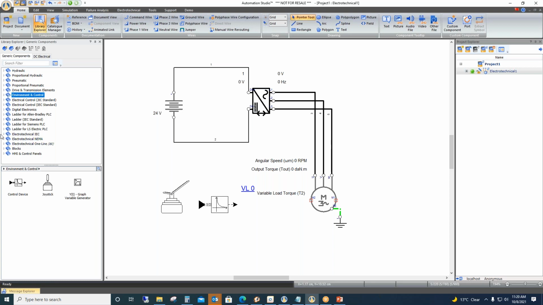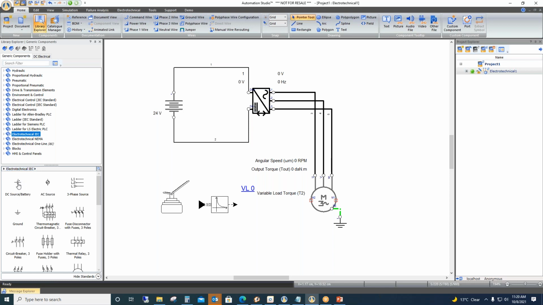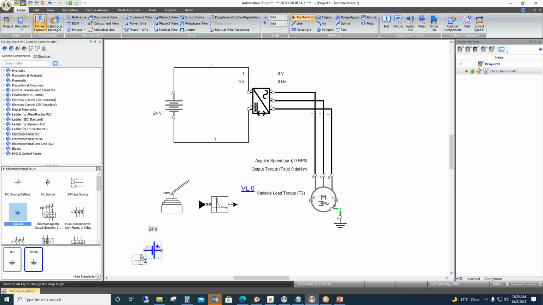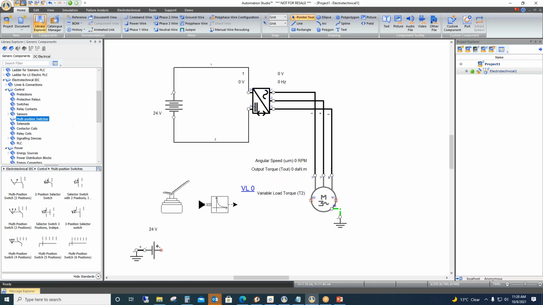So if I go here in electrotechnical, I will take one battery, ground. I will take a multi-position switch. In control, I'll find the switches, multi-position switch.